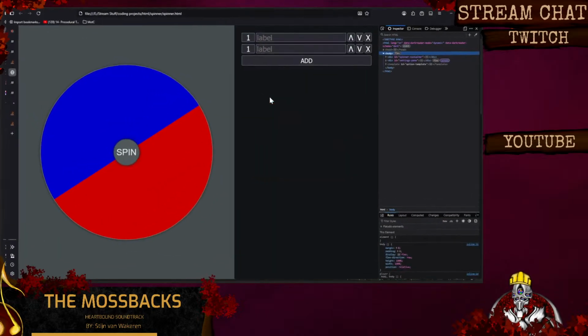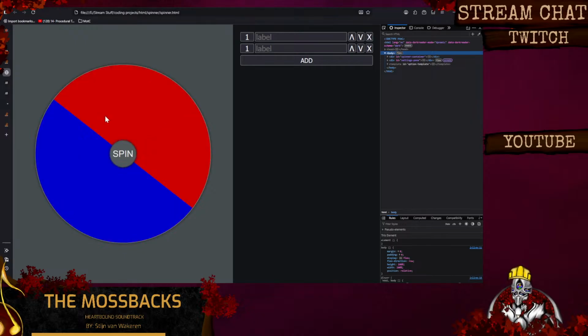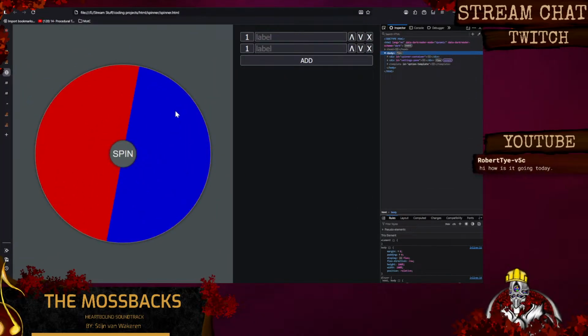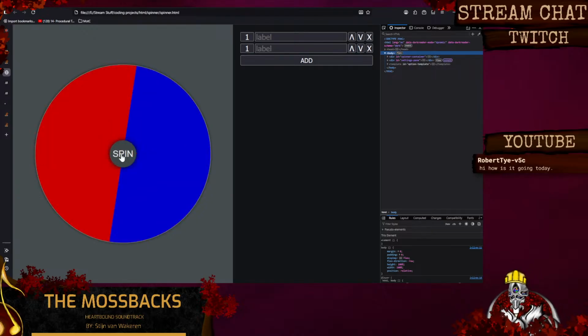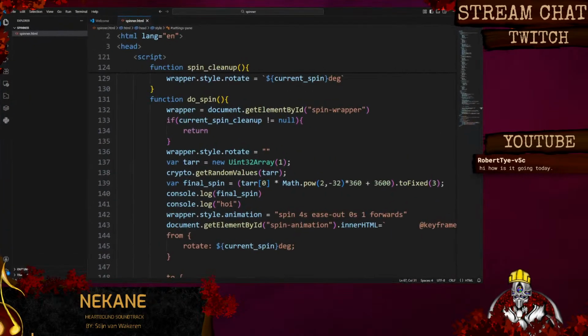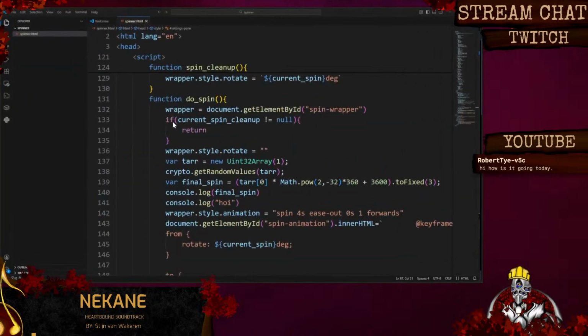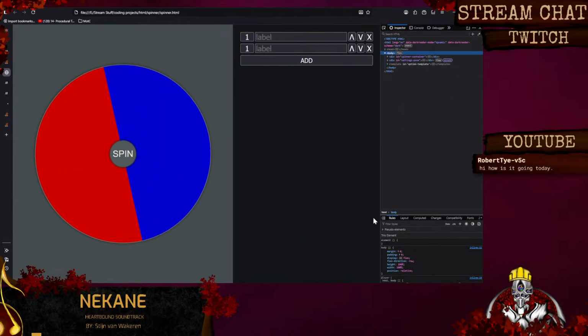Decent. I got a little bit nerd sniped in that I've decided that I want to have my own spinner that isn't shit. So I'm gonna do that. I worked on it for an hour today. I'm gonna work on it for another hour tomorrow probably, and it'll be done. Because all I need to do is